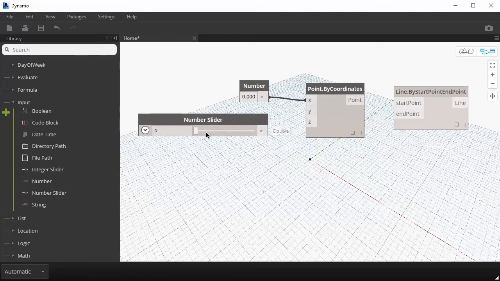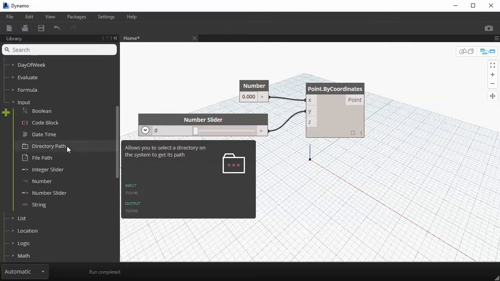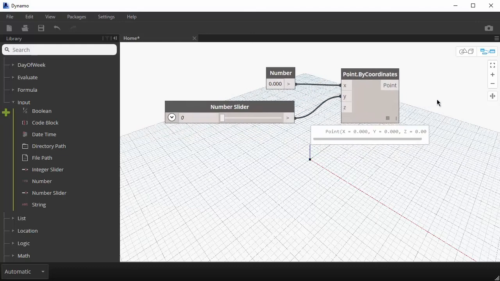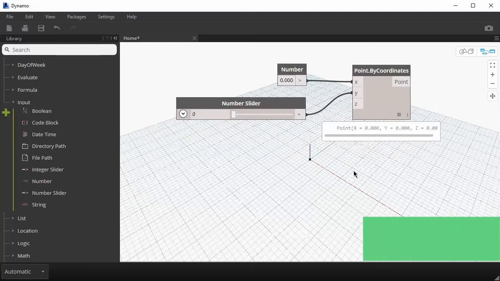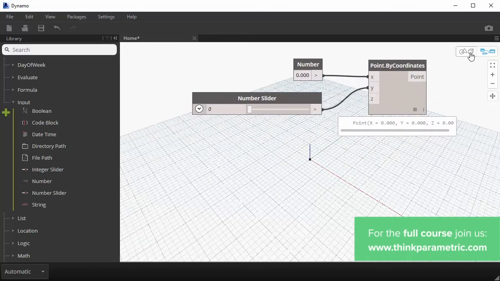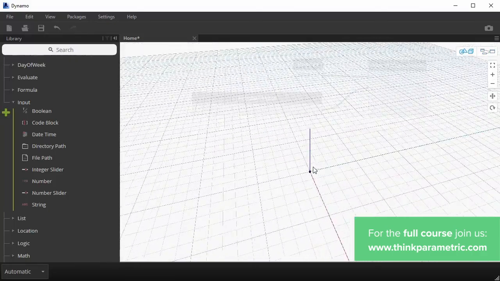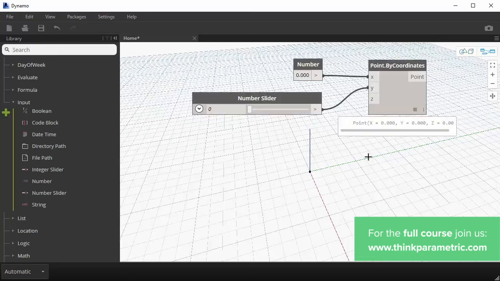And the reason why I'm bringing up the slider is because I want to demonstrate dynamically, and if we click on this little square button there on the node, it will give us a preview of data that is being generated. And also in the background, we'll see that there's a point that got created, this little thing there.